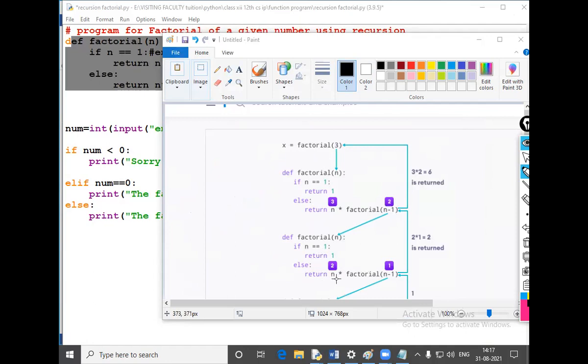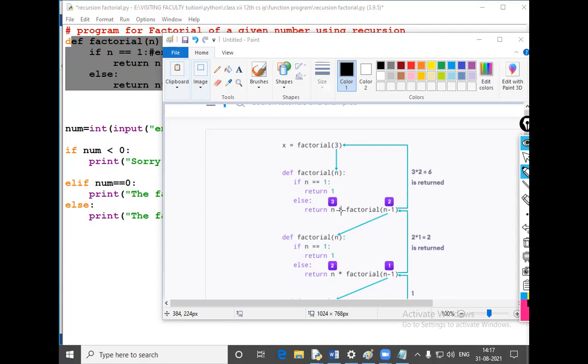No, so return 2 into factorial of 1, because 2 minus 1 is 1. Factorial of 1: we know n equals 1, so return 1. So the return value is 1, and its value will be 1. 1 into 2, so 2 is calculated. Then 2 into 3, and this is 3 and its value is 2, so 6. So the factorial of 3 is 6.